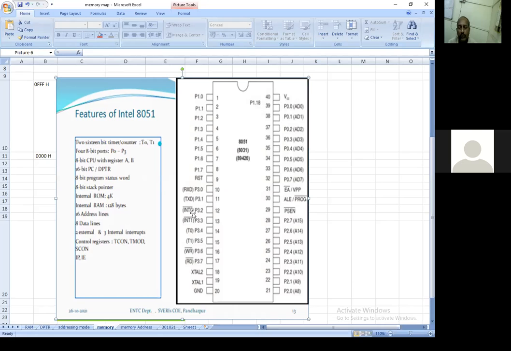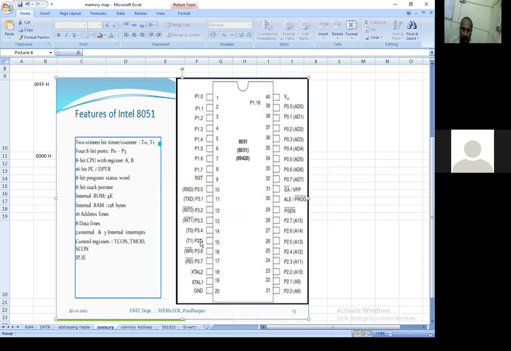So the 2 external interrupts available in 8051 are pin number 12 and pin number 13. And where are the 3 internal? They are nothing but here. You can just observe the timers T0, T1, that is P3.4 and P3.5.